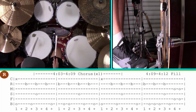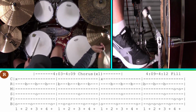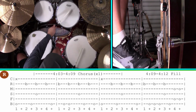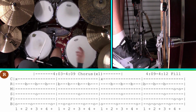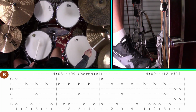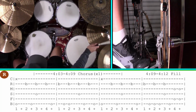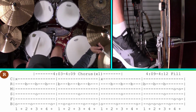Let's look at bars 3 and 4. 1 and 3 and 2 and 3 and 4 and. So you're just adding that extra cadence of and, 2 and. You're still landing on the 3 and 4 and. One more time. 1 and 3 and 2 and